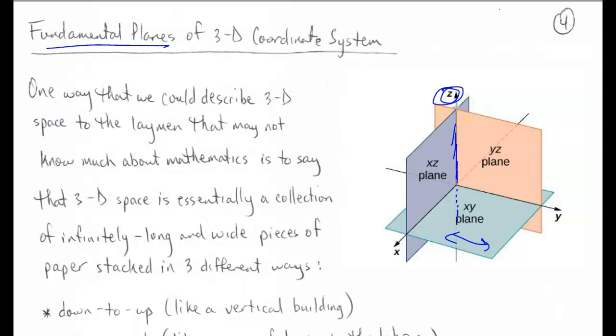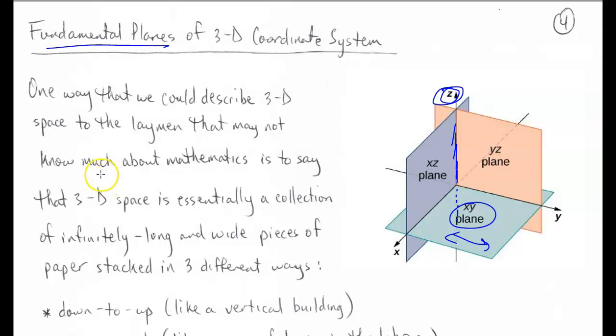And so one of the ways that we could describe a plane is, hey, we want a plane that's going to be so-and-so and perpendicular to the z-axis, okay? Whenever we say a plane is going to be perpendicular to the z-axis, we automatically know it's going to be a plane that looks like the xy plane, meaning it's going to lay flat horizontally and go from east to west or west to east, depending on how you want to look at that,